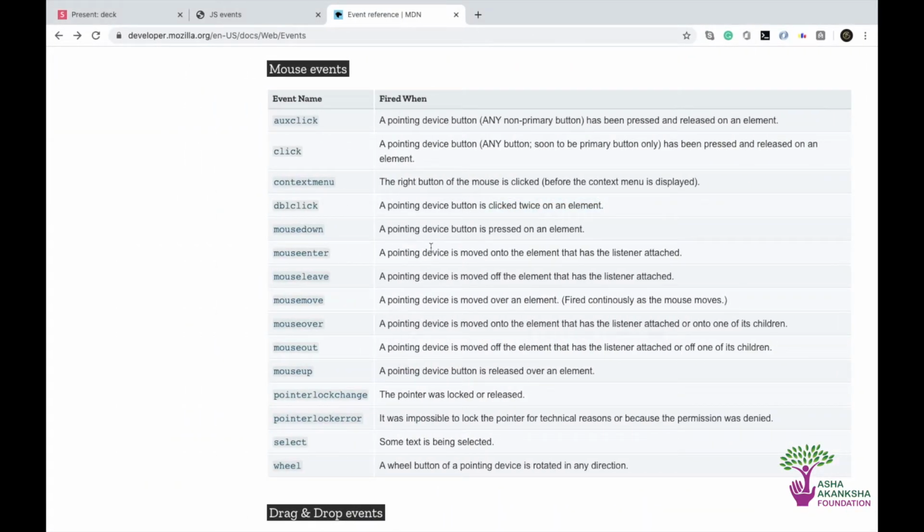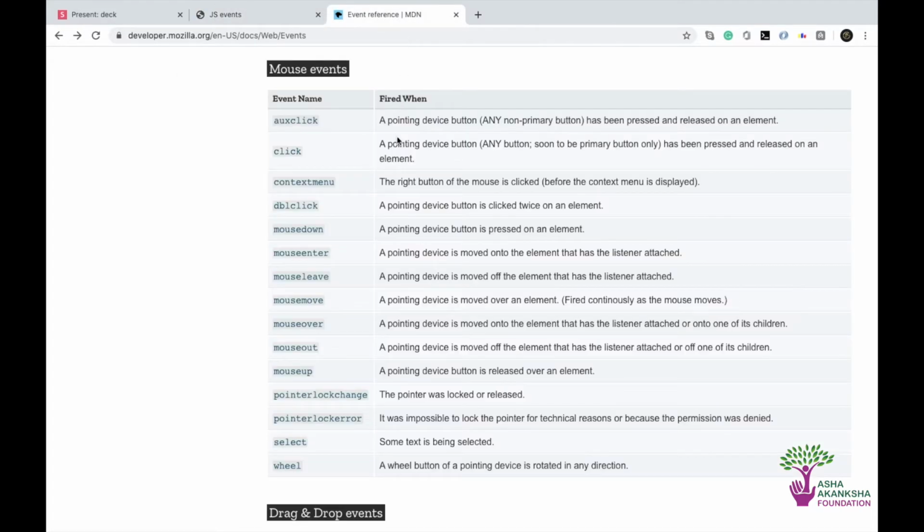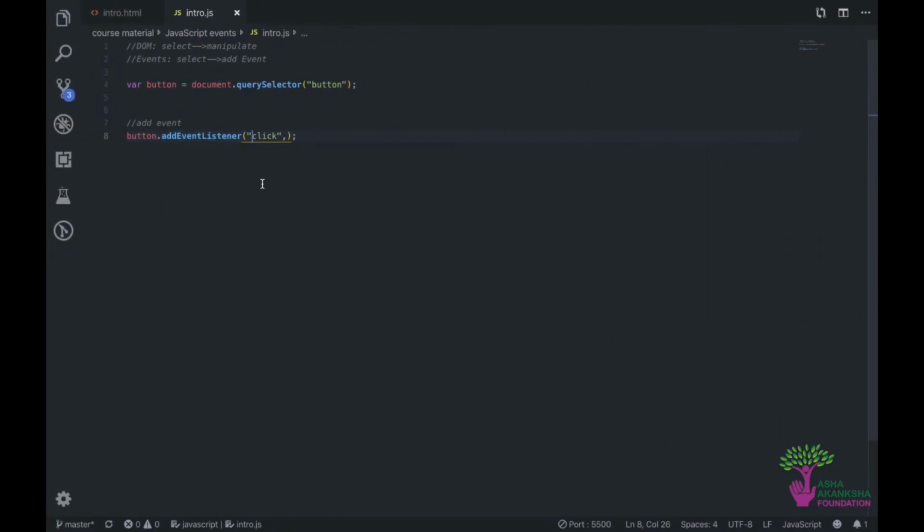Or I could do mouseenter, saying that a pointing device is moved onto the element that has the listener attached, meaning that as soon as I get on this button, the event will be triggered, right? So first you have to specify when the event should be triggered. So in here I'm saying that as soon as I click on the button, because we're adding button.addEventListener,